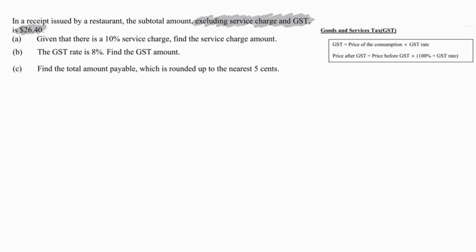So for part A, if there is a 10% service charge, what is this service charge amount? So the service charge amount